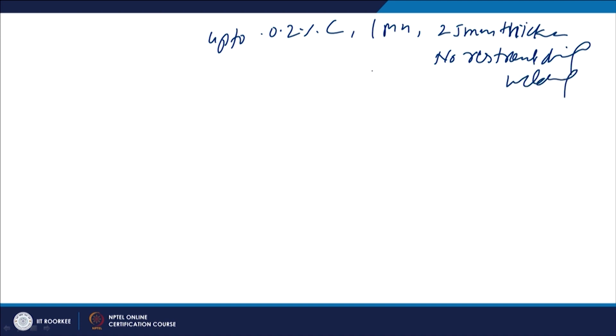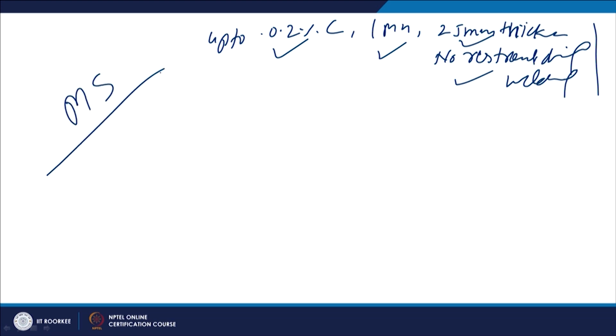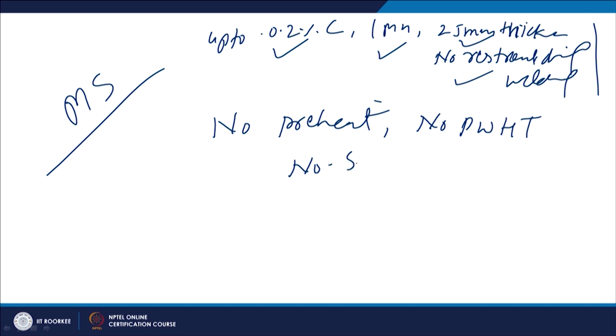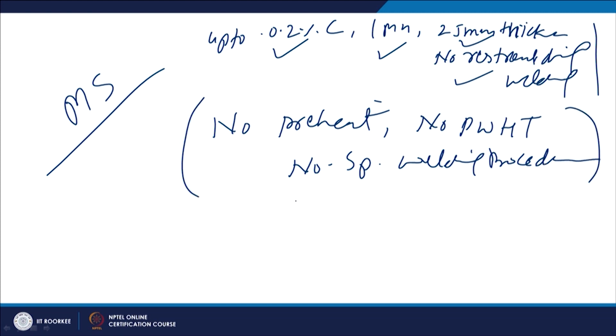So, if these are the conditions, like carbon content, manganese content, 25 thick plate and no restraint during the welding of the mild steel, in that case primarily no preheat, no post weld heat treatment is needed and no special welding procedure is needed, because whatever the weld is developed,